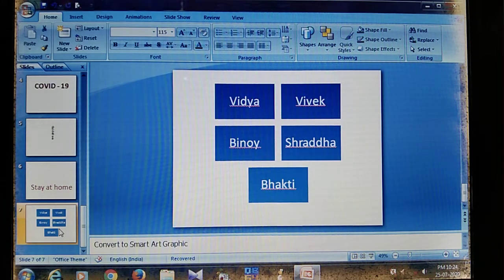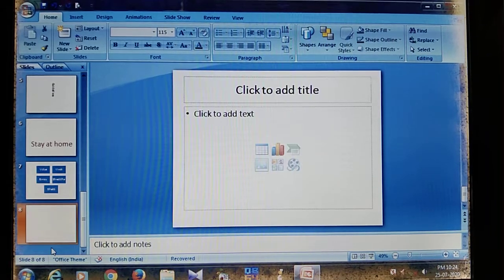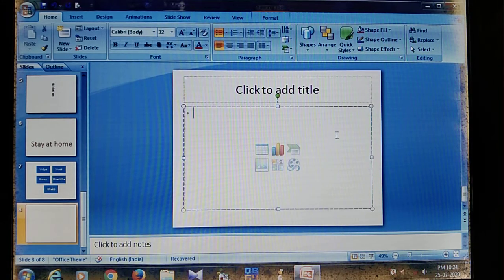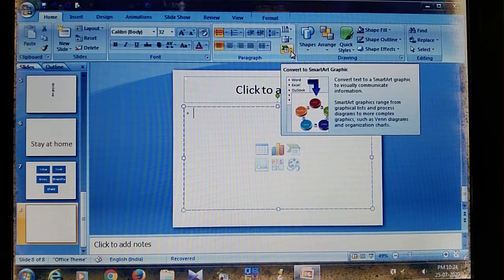And the last one, convert to SmartArt graphics. Through SmartArt graphics, I inserted here your five sections: Vidya, Vivek, Vinay, Shraddha and Bhakti. At first I insert a new slide. So how can I insert a new slide and insert SmartArt graphics in your existing slide? Look at here. Under the paragraph group, it is the SmartArt graphics.